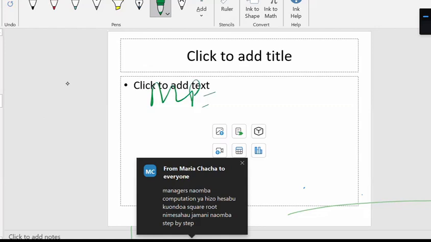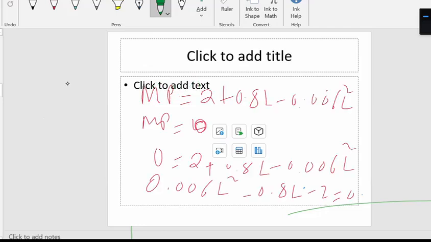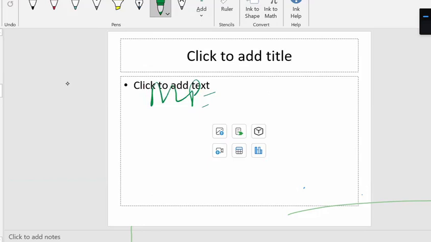Sorry. Our marginal product was 2 plus what? What is the marginal product? Our marginal product was 2 plus